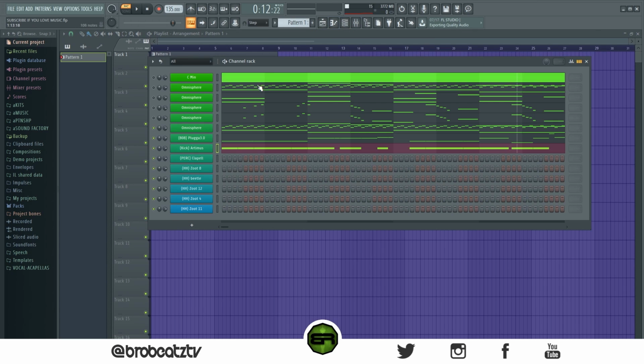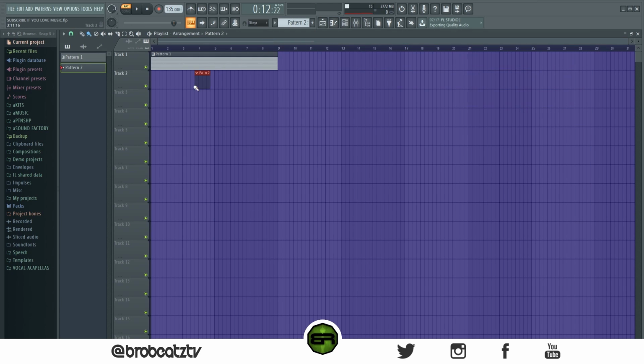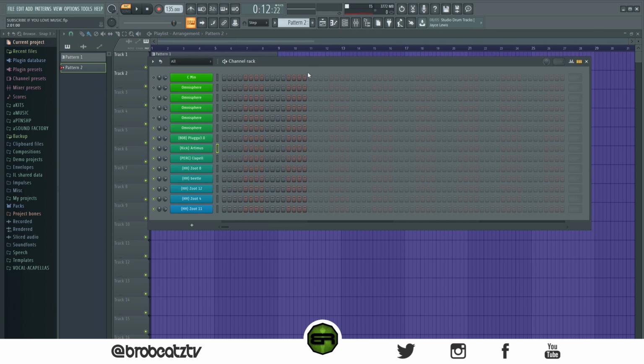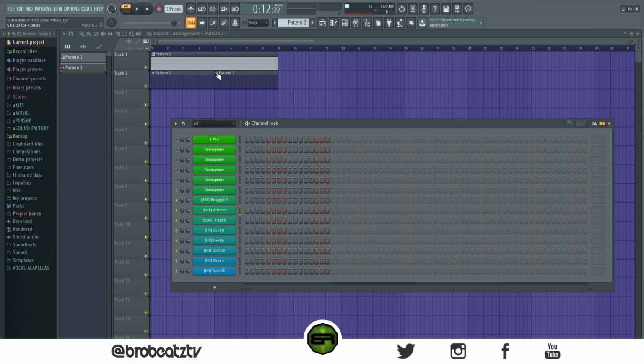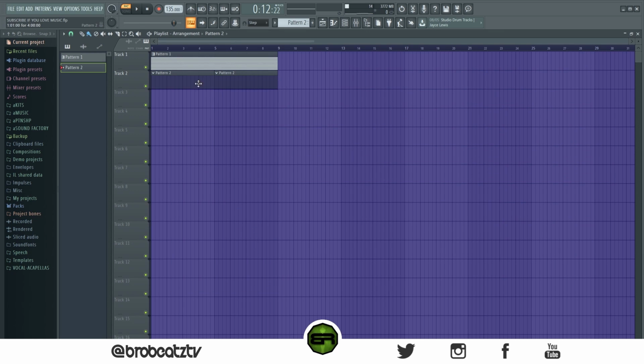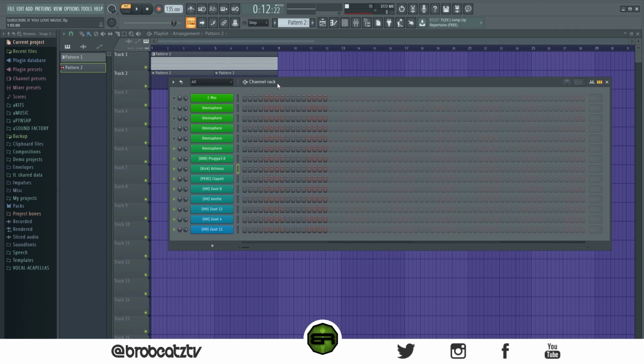So now for the claps and stuff, I'm gonna start a new pattern, and I already set this up so it's a little easier. And I like to do this so I don't have to do so much. And if I want to change anything, I could always click here and go to make unique and just make a new pattern. But this is just easier workflow. So let's put the claps down,